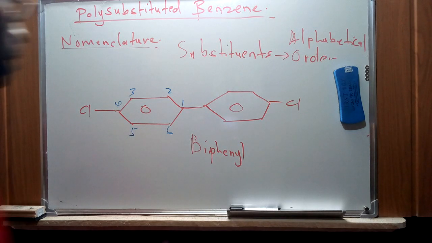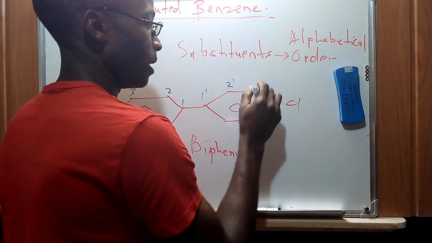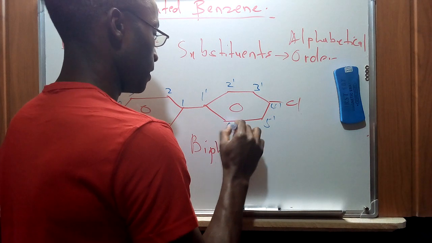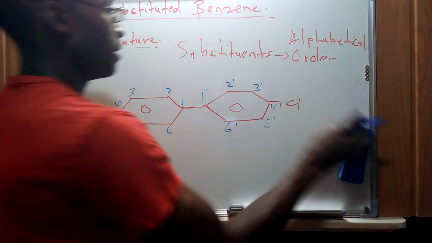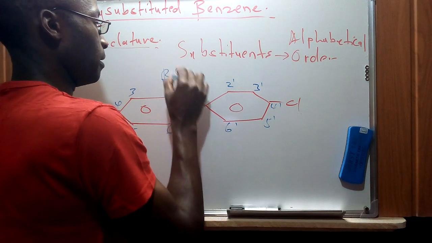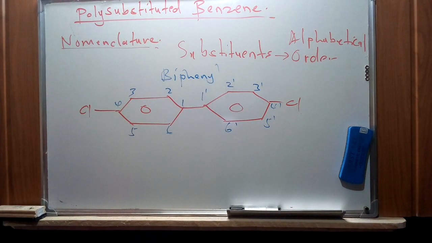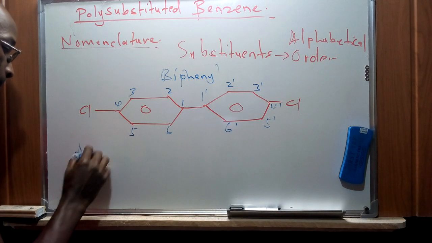So we are going to use the numbering for the second ring using 1', 2', 3', 4', 5', and 6'. So in naming this biphenyl compound, we are going to start by indicating the position of the two substituents with respect to the numbering that I've done on the board. So the first one we are going to have is 4 and then 4',